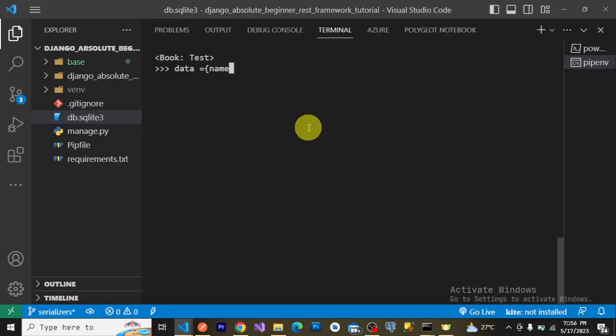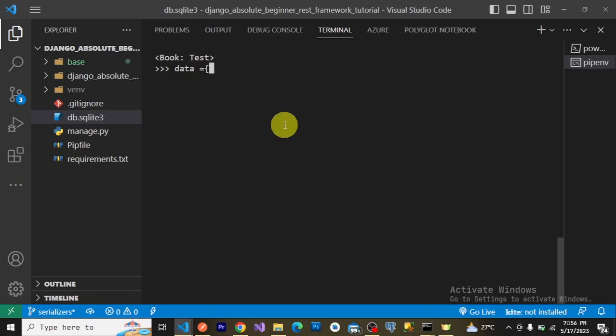Most probably, expectedly, we should pass in this name, right? But let's say we want to create a book, and an API is making a request, our front end is making a request without the name of the book set. We don't want to save it to the database because it does not follow the description of our model, right? So if we say